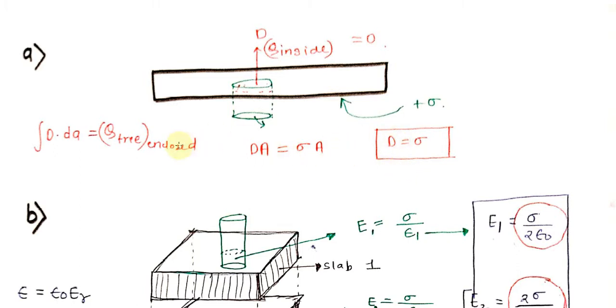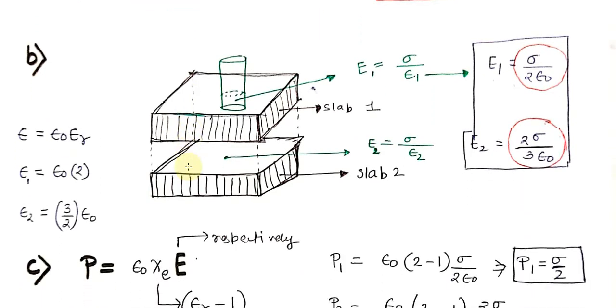That's the first part of the problem, and for more information we can say that D dot dA is equal to Q free enclosed, that is the amount of free charge enclosed. Like we say that electric flux E dot dA is Q enclosed, all the type of charge enclosed within the surface, whether it be bound charge or free charge. Similarly we can say that for the D vector, it is the free charge enclosed.